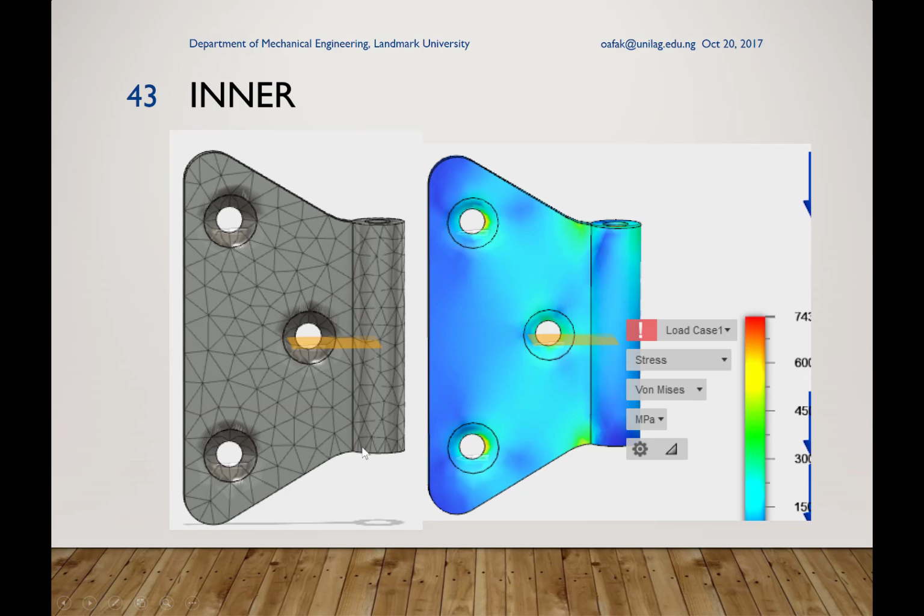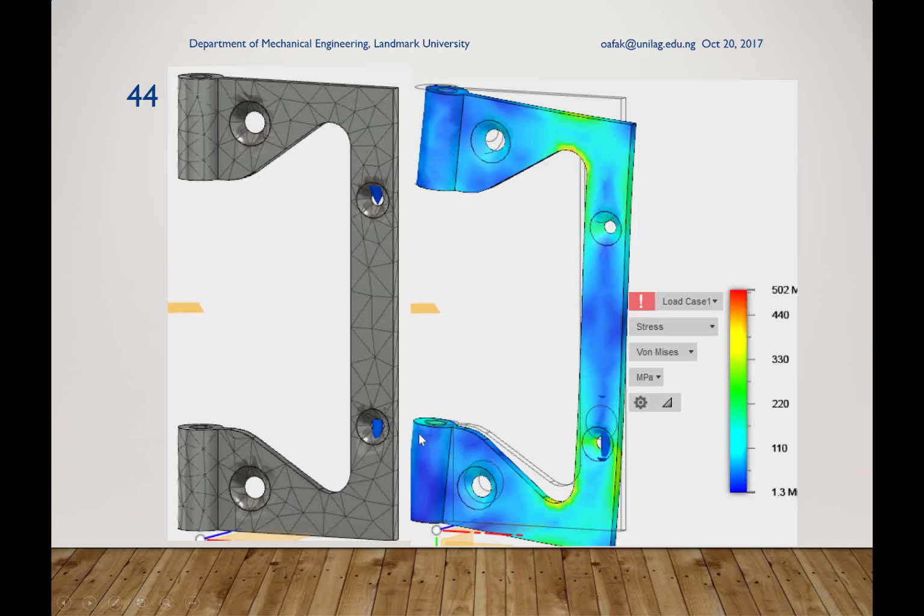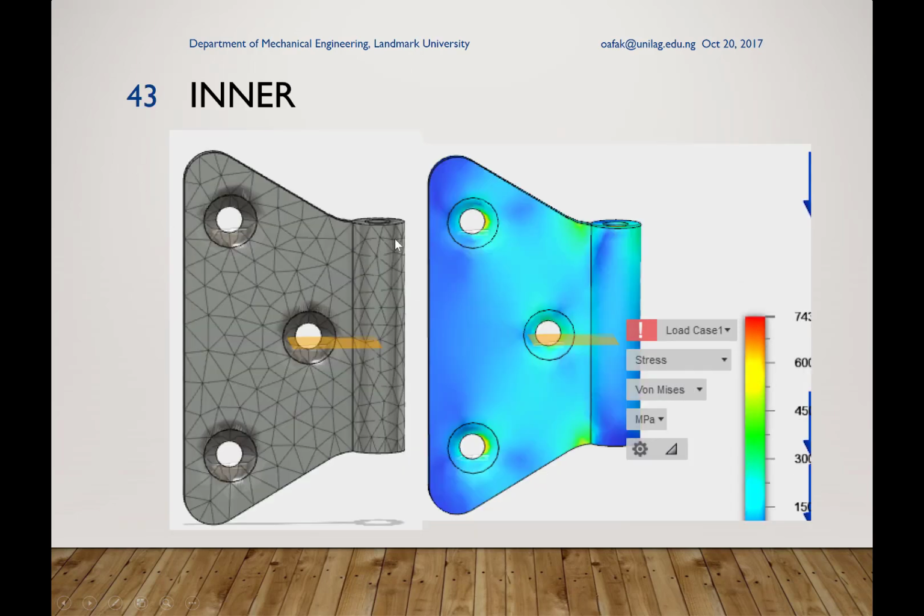So if we go to the inner component, again, we have displayed the mesh differently from the solution coloring scheme. Again, these are the von Mises stresses, in megapascals, and these are the areas of high stress. You can see that if we were to cut this material in this way, there would have been no problem, because most of this material is not really bearing a lot of stresses. We'll get to that when we are looking at material reduction at a later stage.